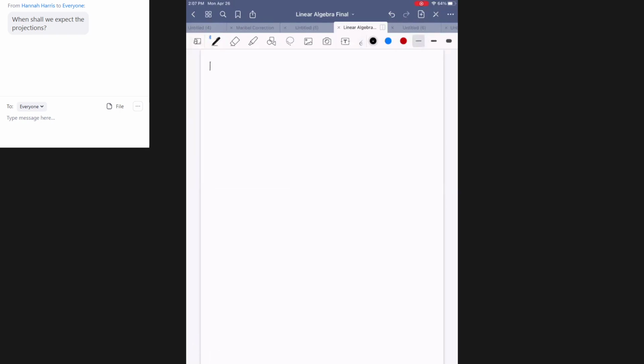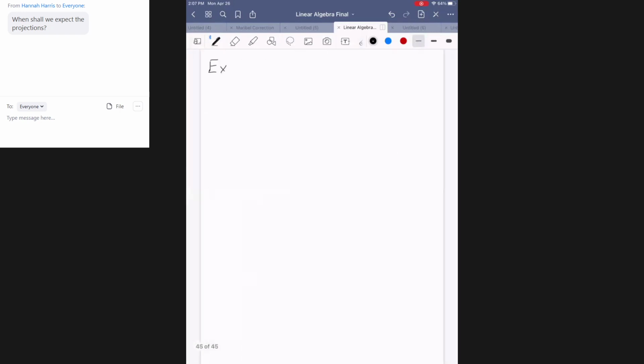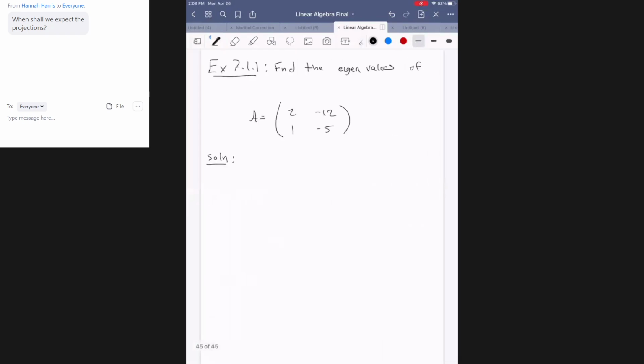Okay, so let's do an example. Let's see, we haven't done any examples here. Find the eigenvalues of, say, A equals, I don't know, [2, -12; 1, -5]. What is this? Well, we're going to do exactly what I said here. We're going to take the determinant of that. So finding